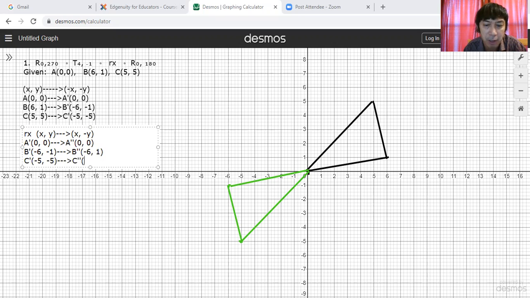Now the x will not, so this will be retained -5. And for the y values, it says here in the rule, from y, it will be -y. So that means from the -5 here, this time we will have a +5 there. And we're done with the reflection